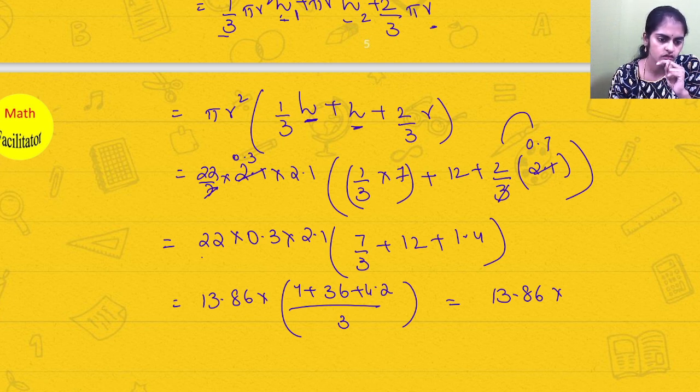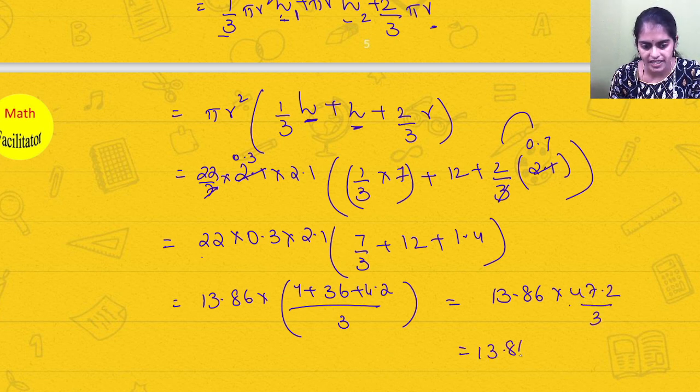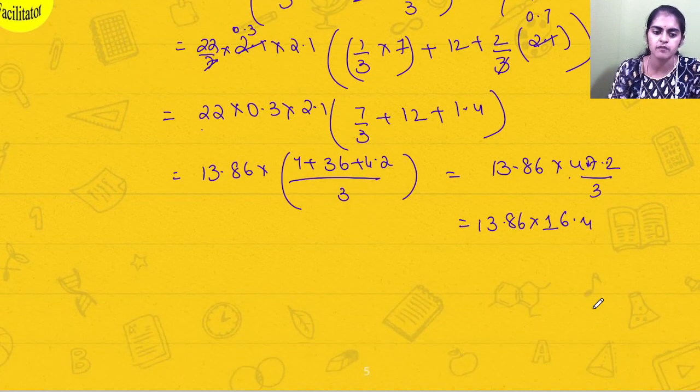Okay, so 36 plus 7, so 47.2 comes, see. Are you getting the same? 47.2 divided by 3. So now 13.86 into, let me cancel it here. 3 ones are 3, 1 remains, 3 6s are 18 point, you have a 1 again, 3 4s are 12. So now you can multiply 13.86 multiplied by